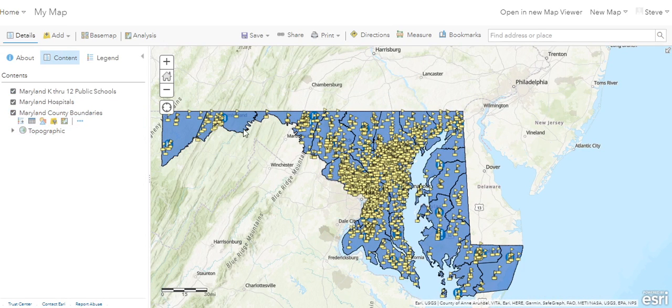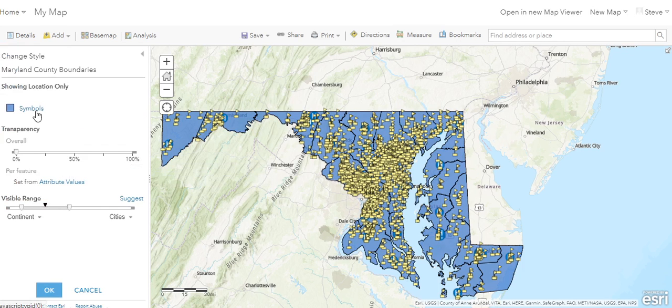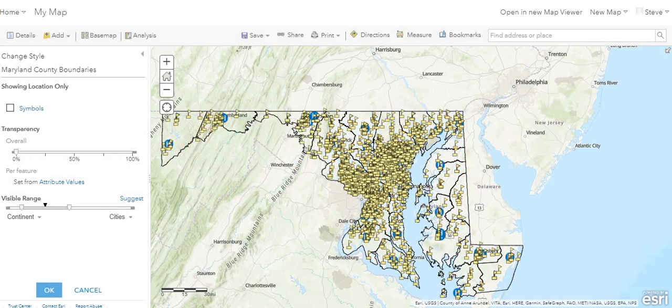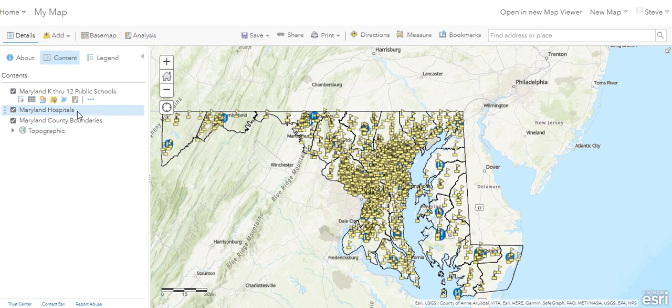remove this blue fill that's filling the county polygon. And so I'm going to change style, click options, click symbols, and then here where it says fill, I'm going to click this red diagonal line, and you'll notice that removes the fill, and I click OK. So now it's a little bit easier to see those hospital signs because of the removal of the blue shading of the counties. So if I click OK and Done,